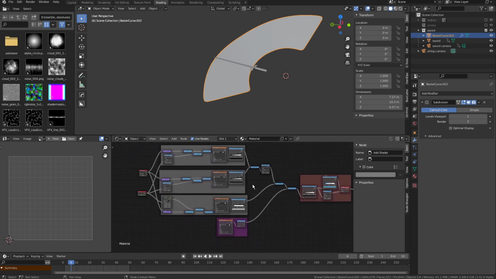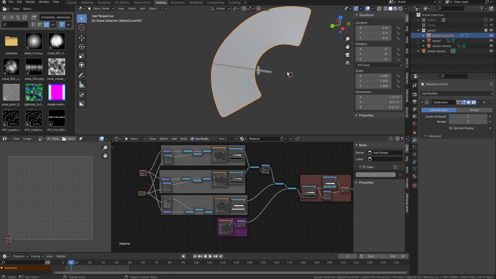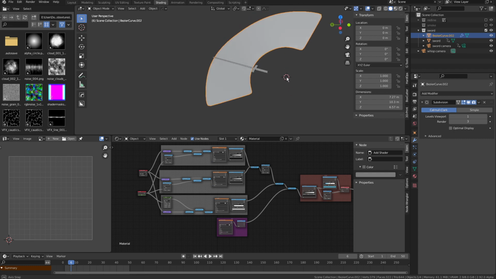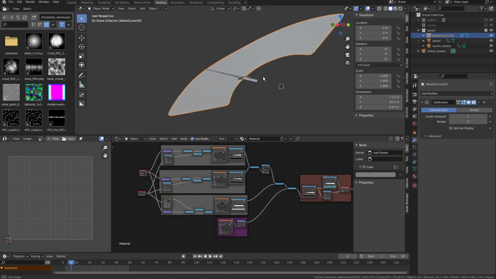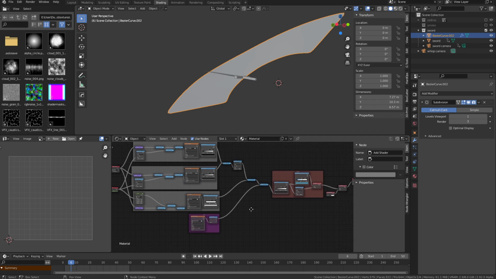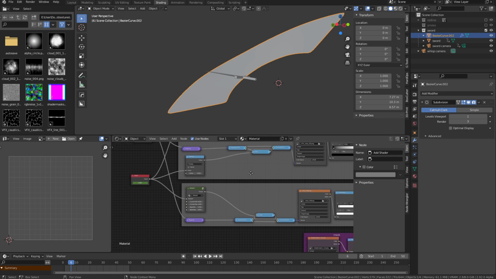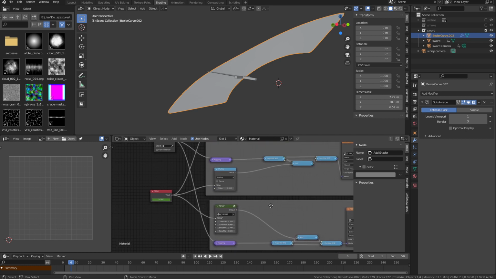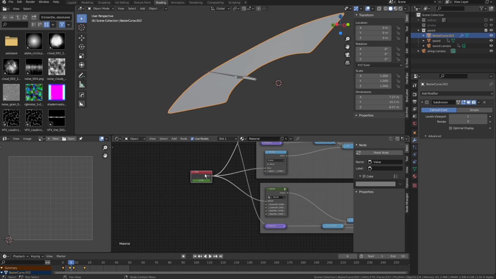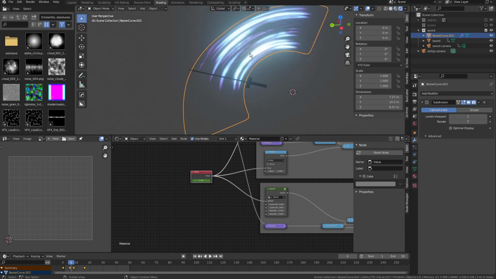Now, I should also mention that you could do this the exact same way that we've handled the smoke and the red line, but I just wanted to show another way of doing trails with the geometry static and in place and not animating. So in this case, we've got something that's a little more complicated, but you'll notice a lot of similar themes to what we had in that stylized fire from the previous tutorial if you haven't checked that out. We've got a centralized value here, and this is where we're actually doing our animation of the swipe. So instead of this geometry being animated, we're animating this value,